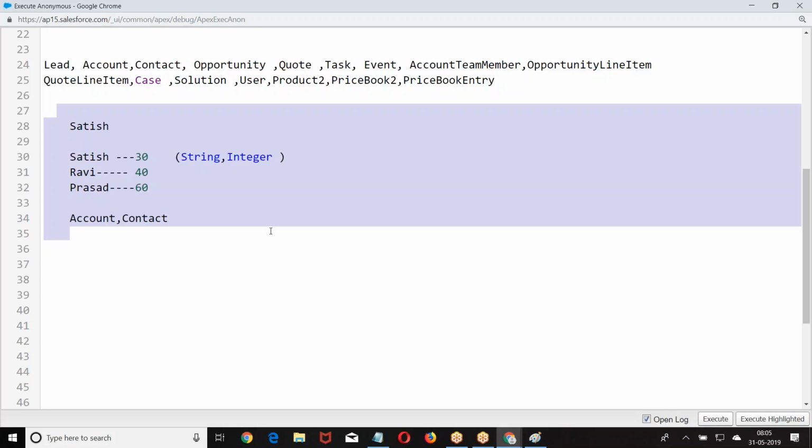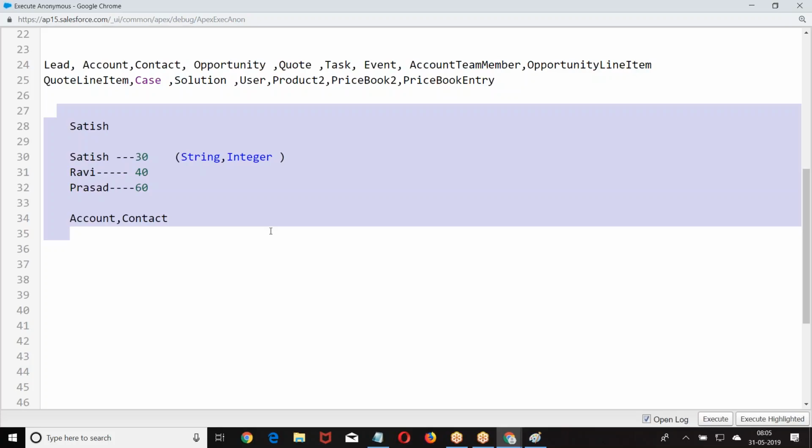The format of the data that I need, there is no data type which matches it. Now I want to take the data in this format: Satish 30, Ravi 40, Prasad 60. When I want to take the data in this format, there is no predefined data type which meets my requirement.